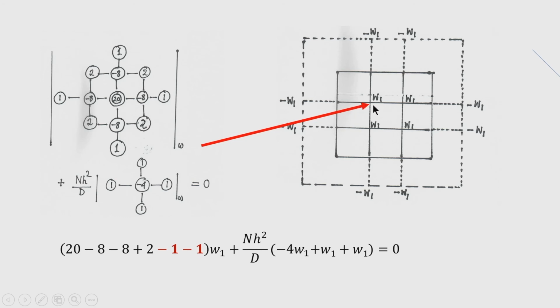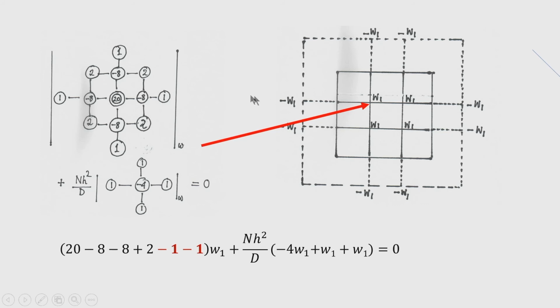Okay. If I place this here, then 20 W1 is coming. Then here this circle is falling here. So, -8. Then this circle is falling here. So, -8. This one is falling on the boundary. So, 0 2 0 value. The circle 1 that is falling on the boundary, therefore its value will not be considered, because the boundary deflection is 0.